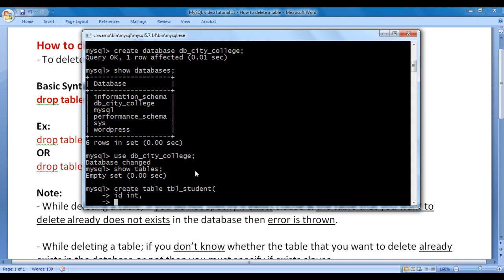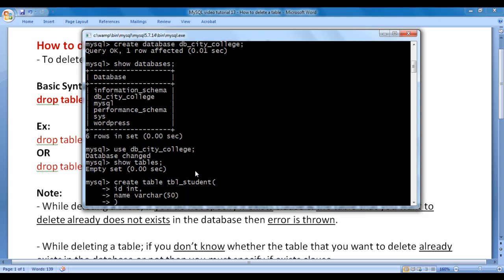Next, students are going to have a name, so the next column name will be name. Then we write the data type of the column. I say here varchar of 50 bracket close. Varchar stands for variable length character, or variable length string. Of course student names will not be of the same length. Some students' names contain 5 characters, some contain 10 characters. All student names will not be of the same length, so we use the varchar data type. I hit enter, bracket close semicolon.